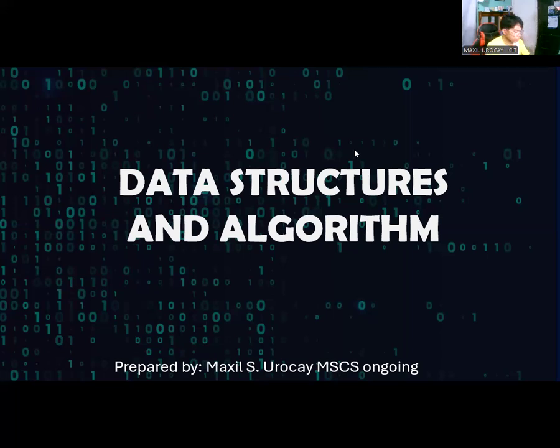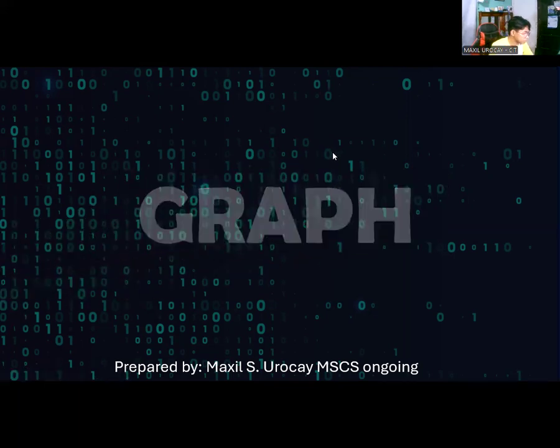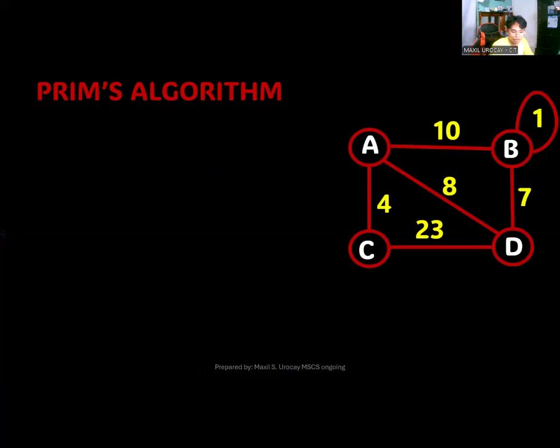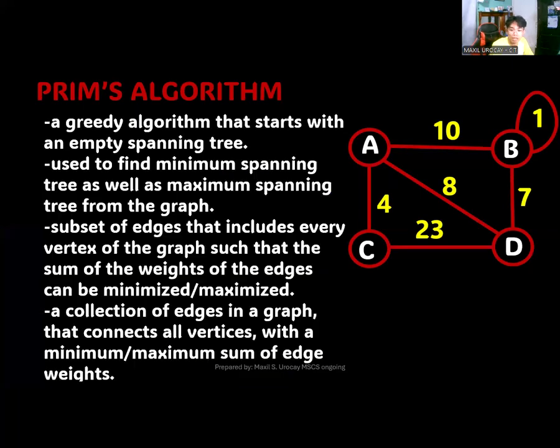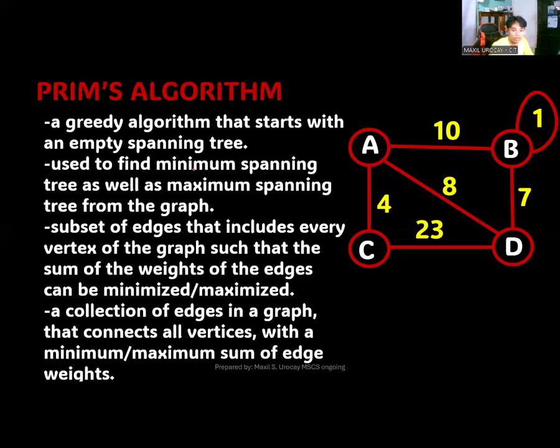And for today, let's continue with our topic on graphs, and that will be Prim's algorithm already. So next, let's define what Prim's algorithm is. When we say Prim's algorithm, that is a greedy algorithm that starts with an empty spanning tree, and of course, it is used to find a minimum spanning tree as well as a maximum spanning tree from